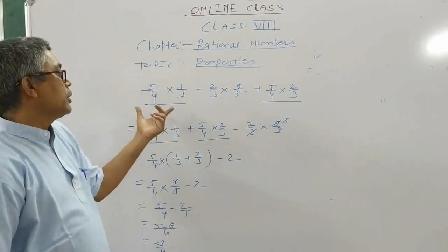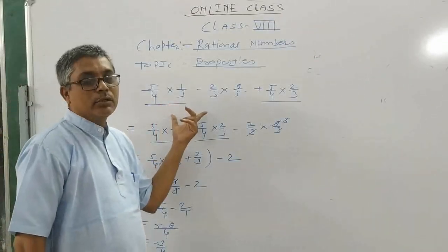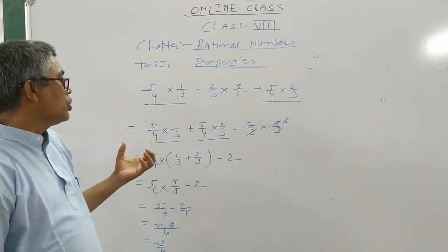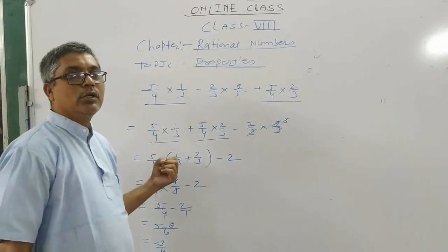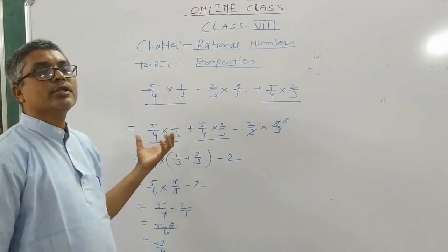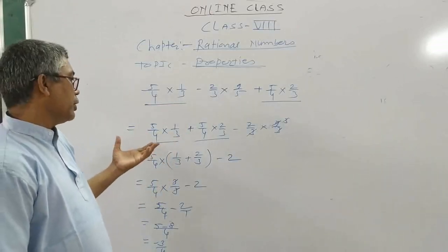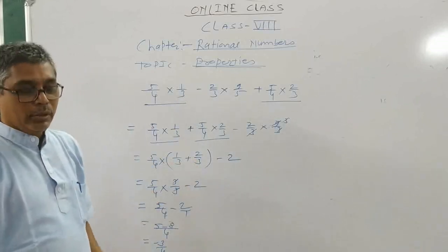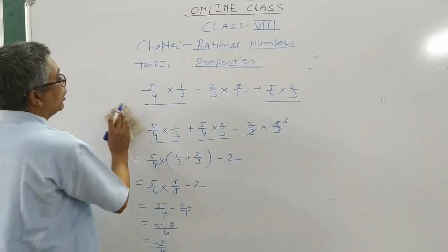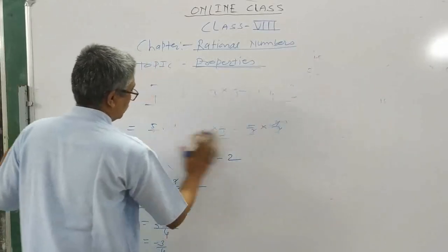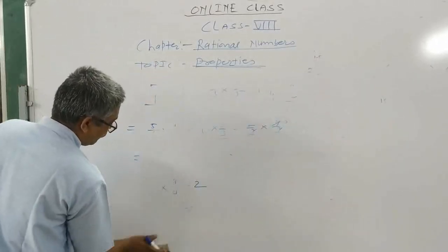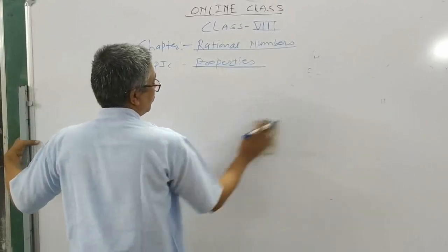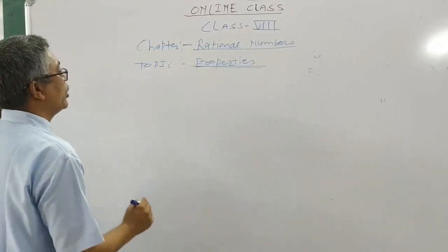If you see this example, you think that it is very difficult, but dear students, if we use this property, that is commutativity or associativity, or you can say distributivity, we can easily solve this example by using this method. Let us take one more example. और एक एग्जाम्पल लेंगे, सॉल्व करेंगे, तो आपको पता चलेगा कि एग्जाम्पल्स जो है ये बहुत इजी है. लेट अस टेक वन मोर एग्जाम्पल.